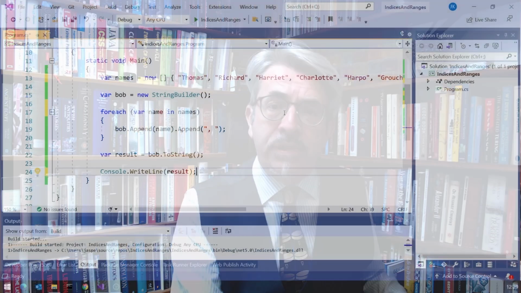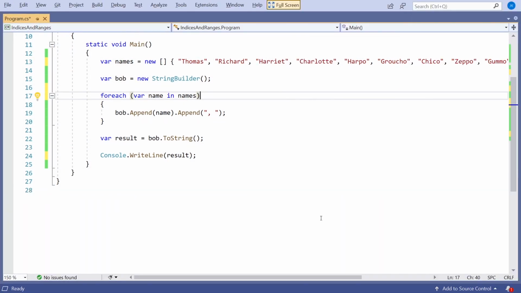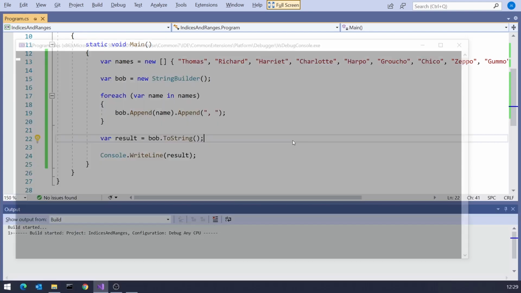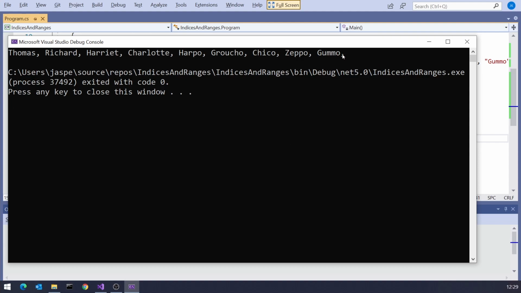What I had in that video on reflection was something like this, when I was putting together a CSV file, a comma separated value file. And so part of the code looked very much like this, where we have, in this case, just an array of strings with a load of names in them. And then I looped through and I just want to produce a single string where they are comma separated. So I append each name and then put comma space on the end, and that will give us this comma separated list. But the problem is that when I run that up, we can see that we get a trailing